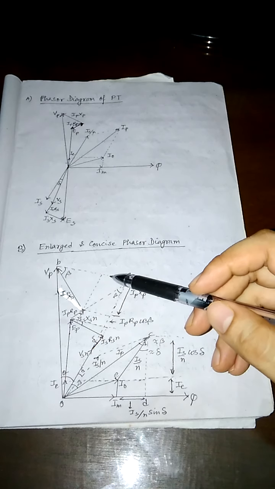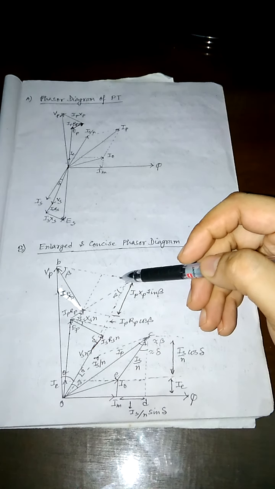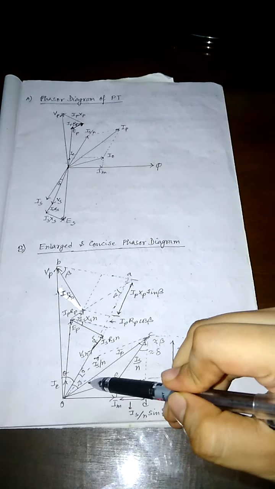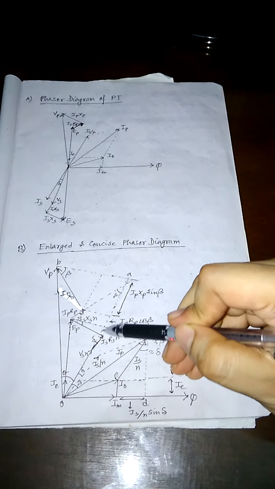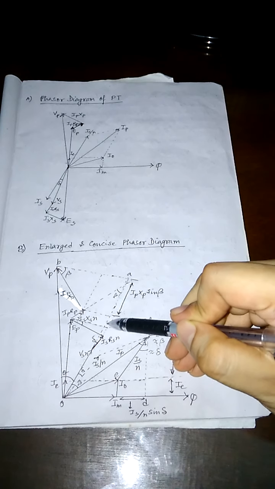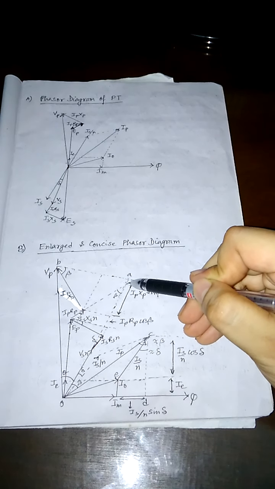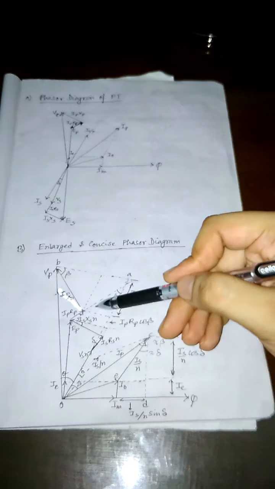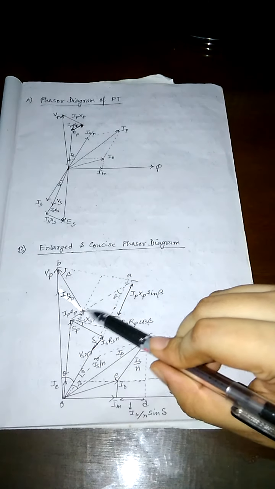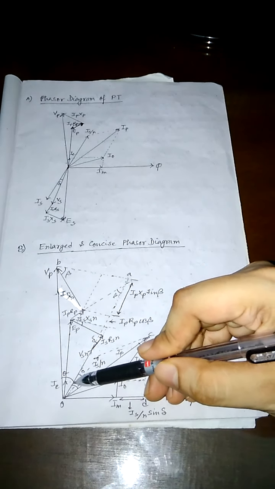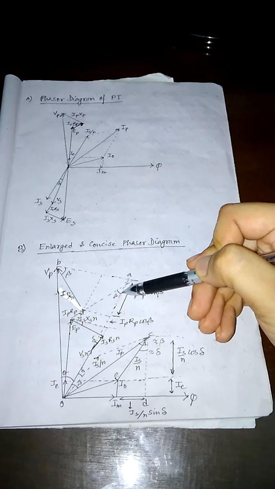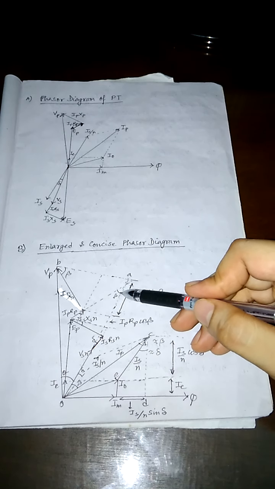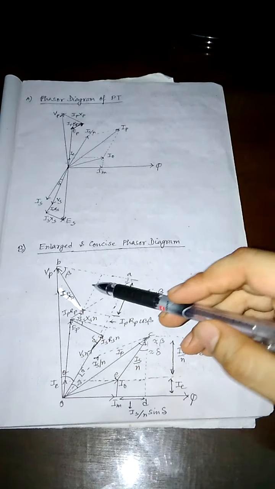Now similarly, if you consider the angle beta, this is the beta angle that is between Vs and Ip. If we consider this, this is also Vs because we are extending this, and this is Ip, this is also Ip. Geometrically this is parallel, this is Ip and this is also Ip. So obviously as this is the angle between Vs and Ip, this will also be the angle between Vs and Ip, that means beta. So if this is beta, then what happens?